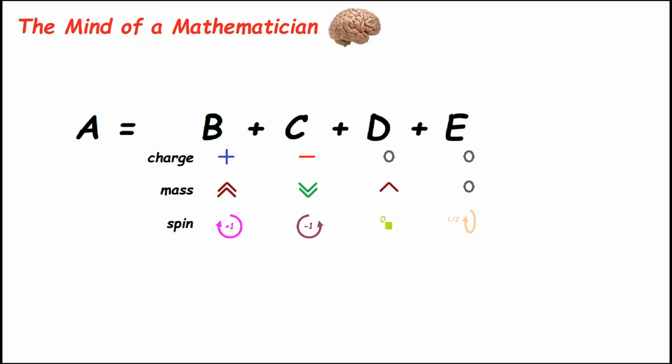In other words, he says, well, the energy stayed the same, so that means the mass is the same. That means this particle, E, does not have mass. And maybe it can't have charge, because if it has charge, then he's got to invent another particle to counteract it. So he puts a negative or a positive under the E charge. Well, he's going to have to invent another particle that counteracts that one. So at this point, he says, well, no, it's got no charge, it's got no mass, and maybe the spin is, I don't know, up and down, and he calls that a half spin. And you might say, well, where did he get this particle? Was that inside the atom, or where did it come from? And the answer is, it came from heaven.